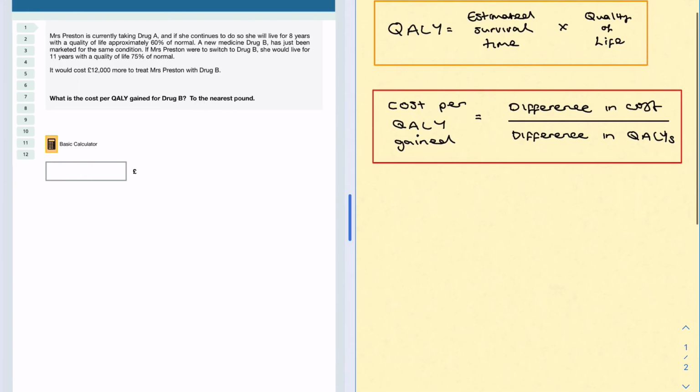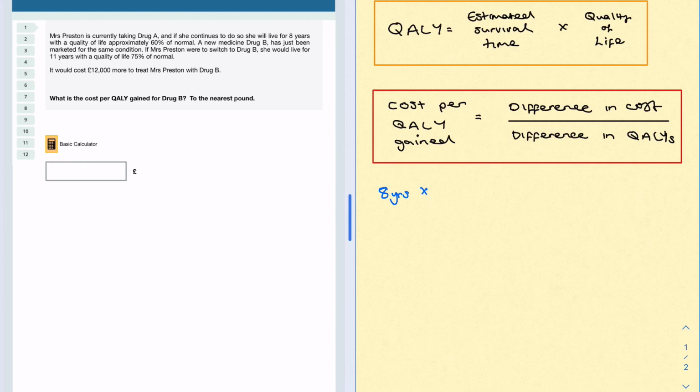There's my formulas that we used in the last example. A QALY equals estimated survival time times quality of life. My second part of the formula is cost per QALY gained equals difference in cost, which would be in pounds, divided by the difference in QALYs. So what I'm going to do, I'm just going to dive right into this now, and I'm going to calculate the QALYs. So to calculate QALYs, I'm going to take 8 years and I'm going to multiply this by 60%